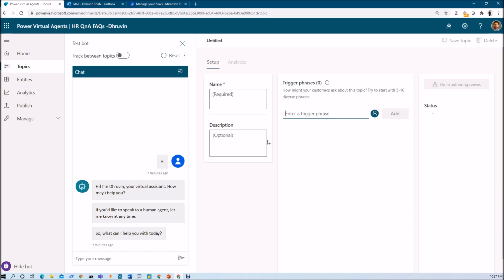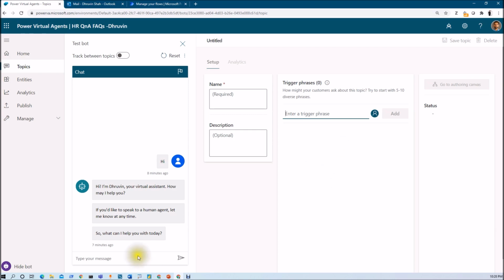Now let's consider an example of a large organization where around 100 FAQs, or questions and answers, have been prepared. So will we create 100 topics in the Power Virtual Agent? Is that the best approach? Absolutely not. We are not going to create each individual topic for each individual question. In order to solve that problem, we are going to connect our Power Virtual Agent with Q&A Maker, where we have already stored all the questions and answers in the knowledge base, and our chatbot will interact with our Q&A Maker's knowledge base.